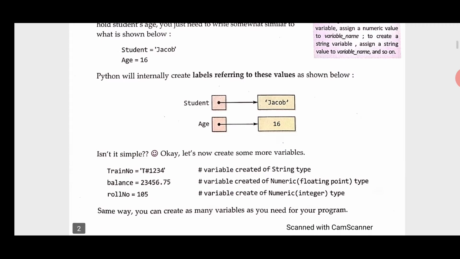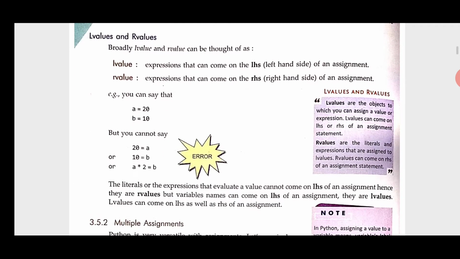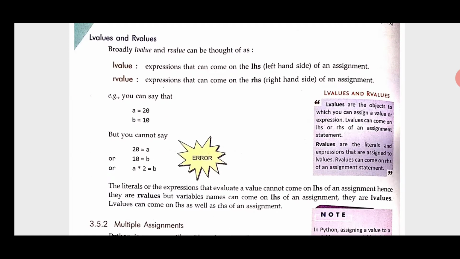Next one is about L value and R value. L values are the objects to which you can assign a value or expression. L values can come on the LHS of an assignment, whereas an expression that can come on the right hand side or RHS of an assignment is known as R value.